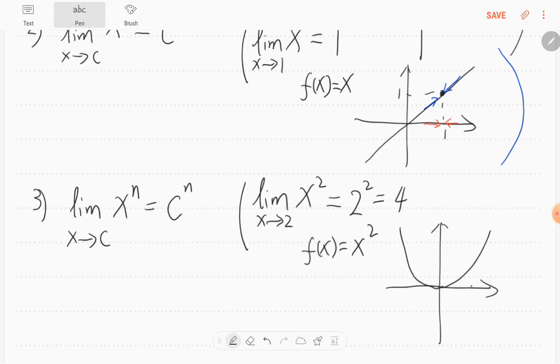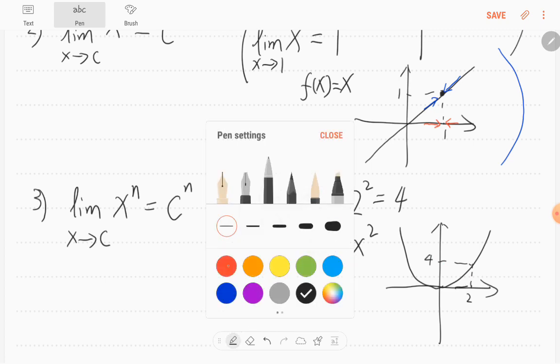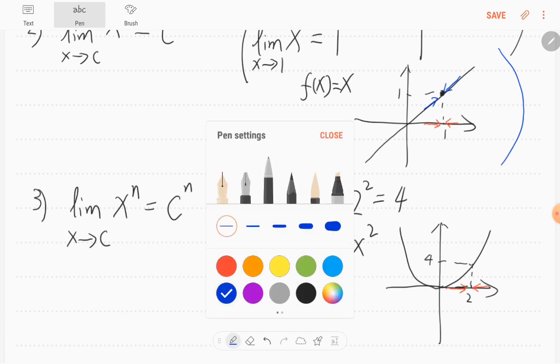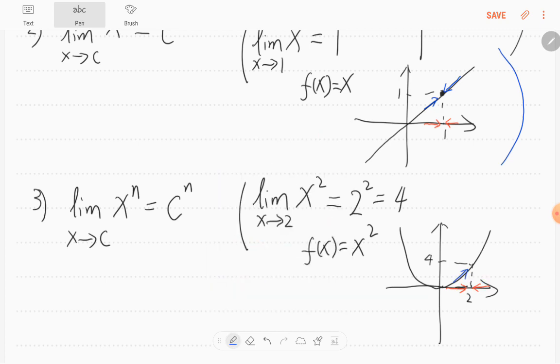When x equals 2, the f value is 4. So x approaches 2 from the left side and from the right side. So the f values will follow these two arrows. Both arrows will point to this point. This point has a value of 4, so this limit equals 4. So now let's look at